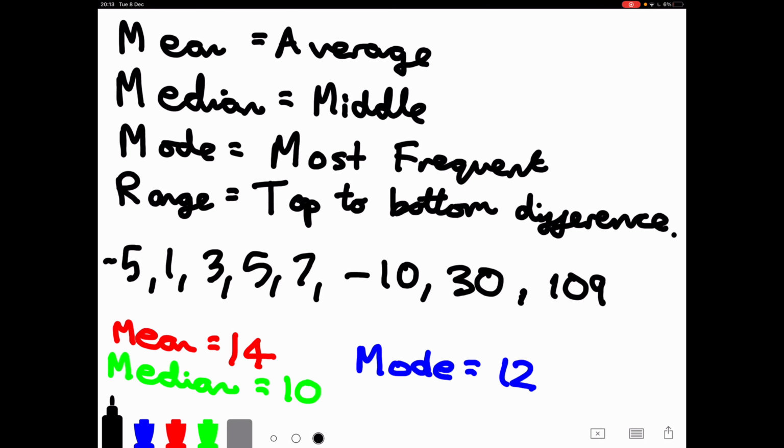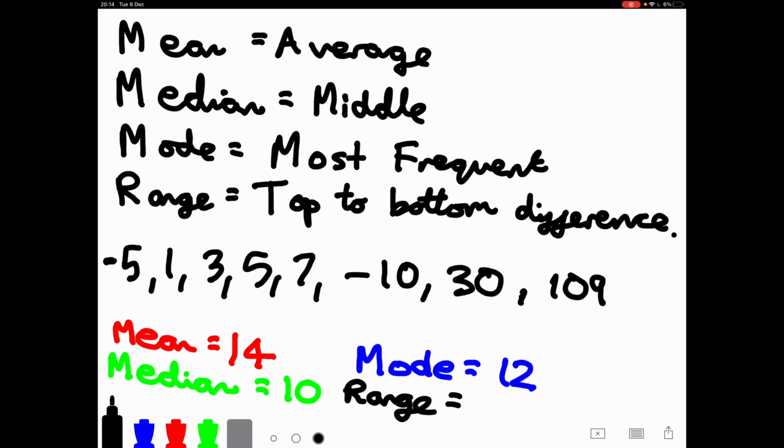Okay, this is our set of data. It is not in order. As you can see, it starts with the -5, but then it increases, but then it drops down to -10, and then increases from that point. So it is quite irregular. So we're going to calculate the range of this one, and the range is basically, as you can see, the